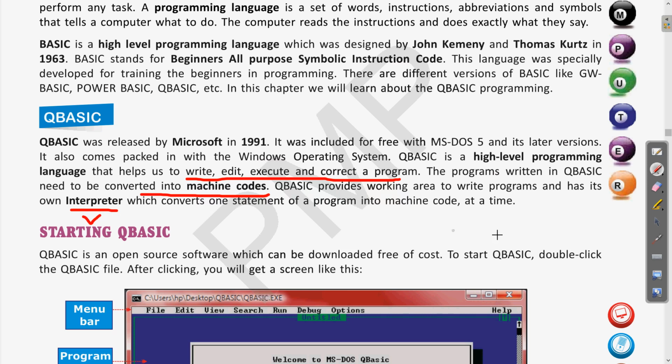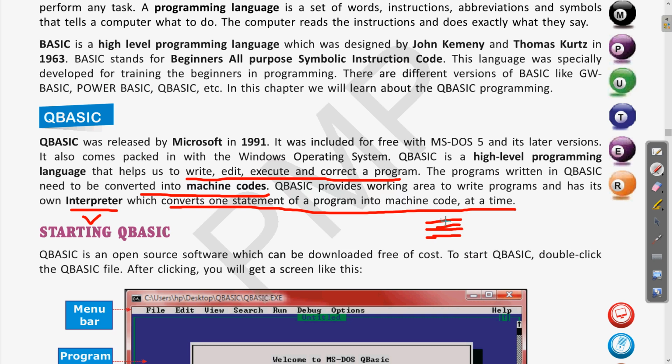What is the work of the interpreter? It converts one statement of a program into machine code at a time. Suppose we are writing multiple lines in the program, say 3 lines or more, according to the situation. Whatever program lines you have written, what is the work of the interpreter?